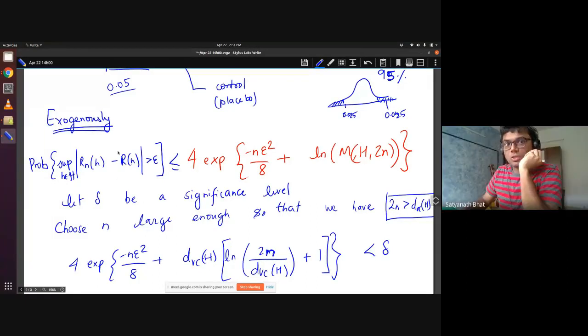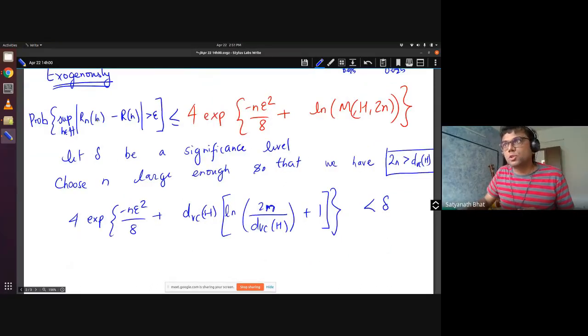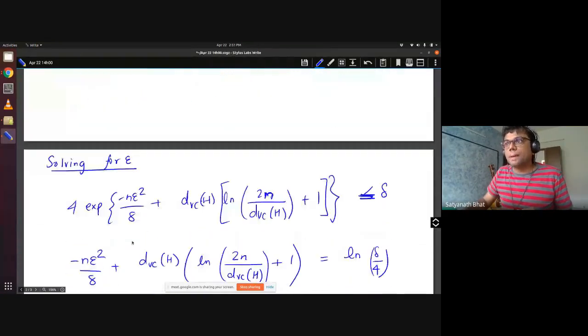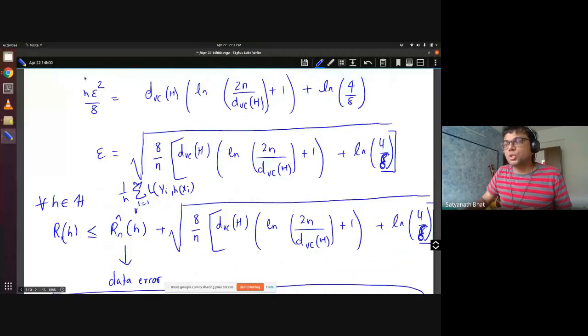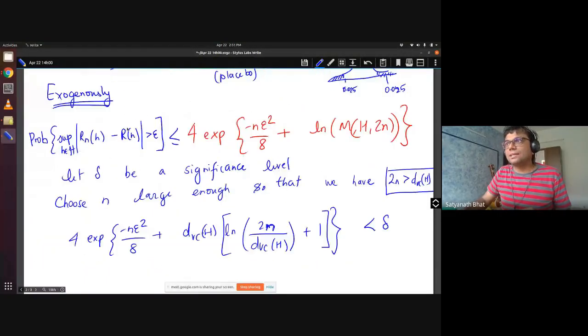Yes, sir. Because delta is chosen by you and you have ensured that this number is less than delta, that is an acceptable risk. So with that understanding, I will say that no hypothesis in my bag is crossing epsilon. Right? Okay, sir. So then this is an absolute value, so I can now open the absolute value to get this result. I can push the Rn hat onto the other side. If you wish, we can write this as R(h) minus Rn hat(h). That doesn't change the absolute value business, right? So this is less than epsilon.